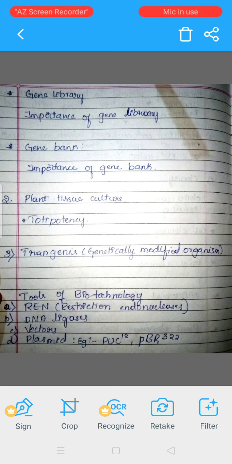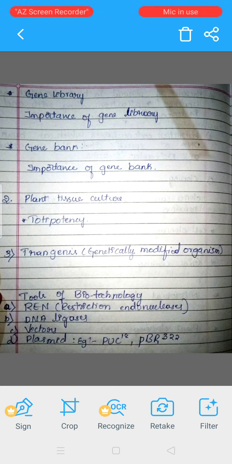The plant part which is used for regeneration in tissue culture is called explant, and a mass of unorganized regenerated cells in culture medium is called callus, and suspension of free cells of callus in the liquid medium is known as suspension culture. And the ability of a plant cell to develop into a whole plant is known as totipotency.